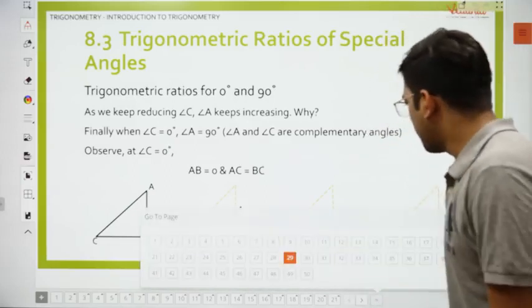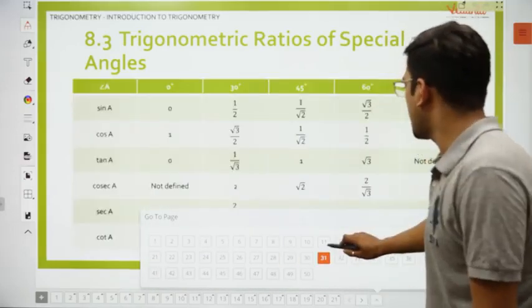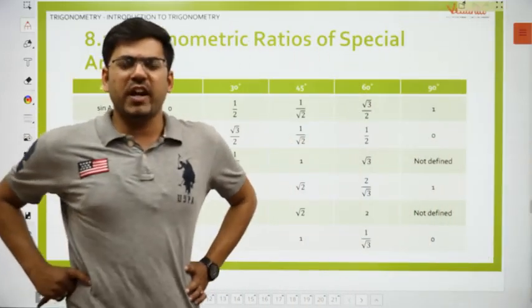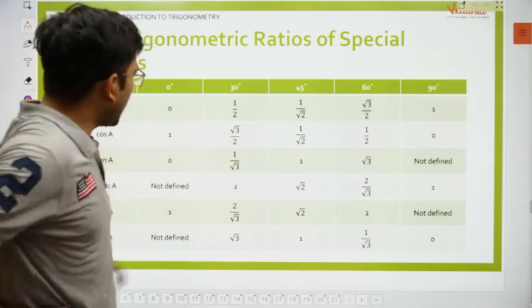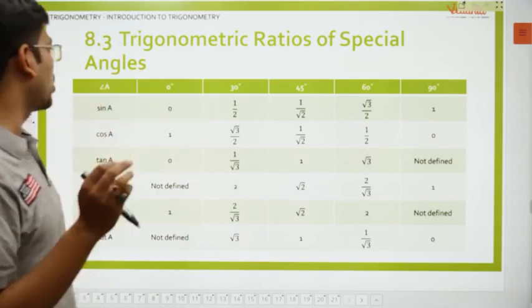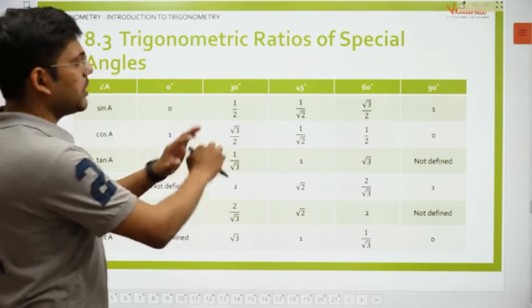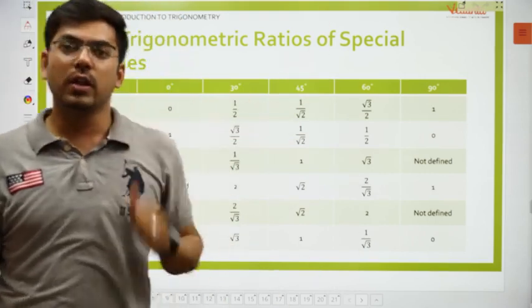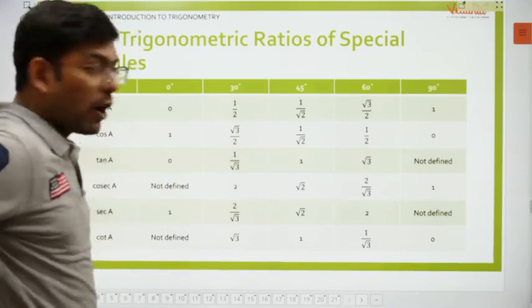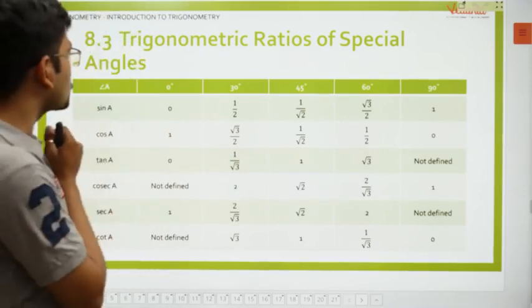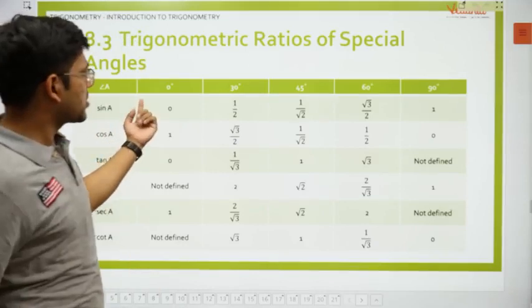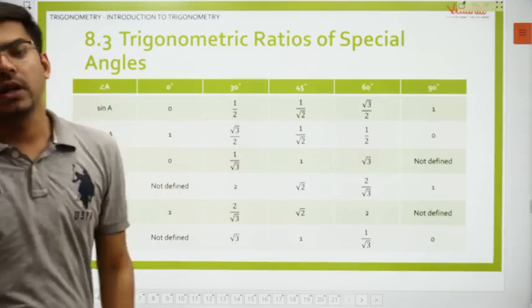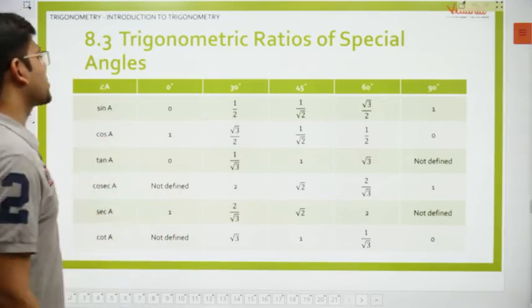I'll tell you this, but before this I'll tell you something about T ratios. Now guys, you have to remember these T ratios. Even in your school exams you will be asked to learn all these things. Your teacher will come and write this whole thing on the board and ask that you have to learn it. Now the problem is how to learn this, because it is not looking so easy and you have to learn almost 5 into 6, total 30 values. Now how are you going to do this? I'll tell you the easiest way.